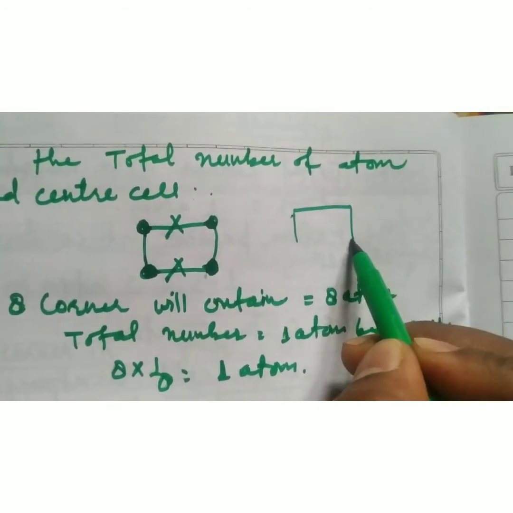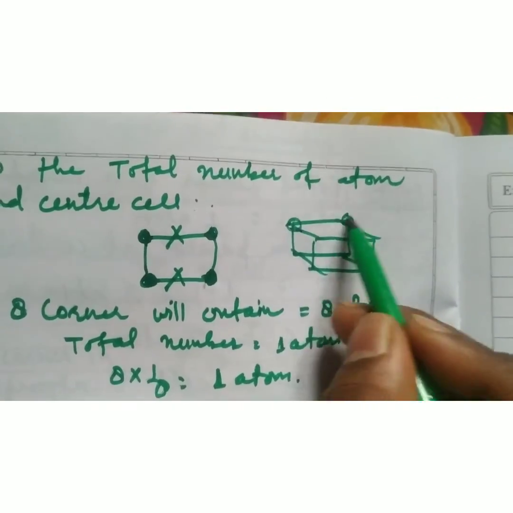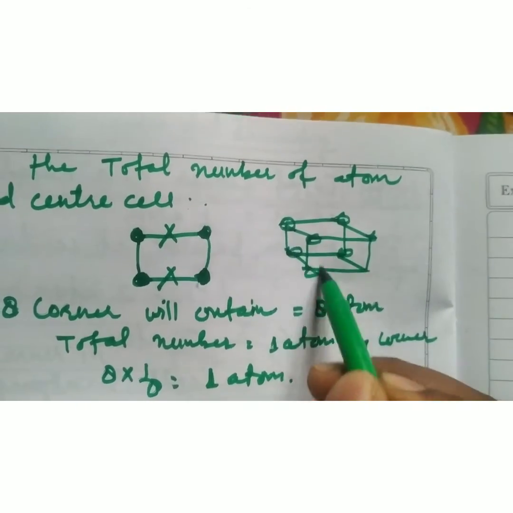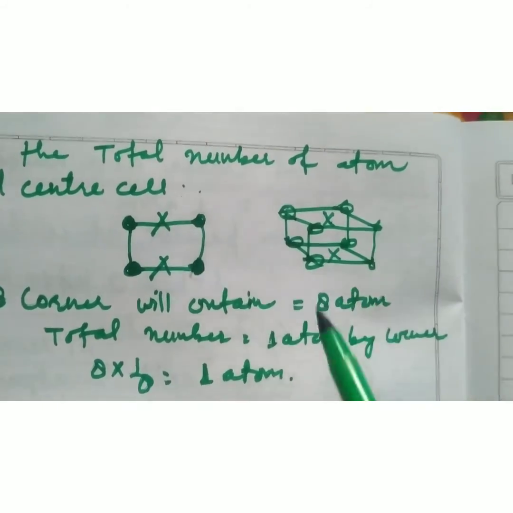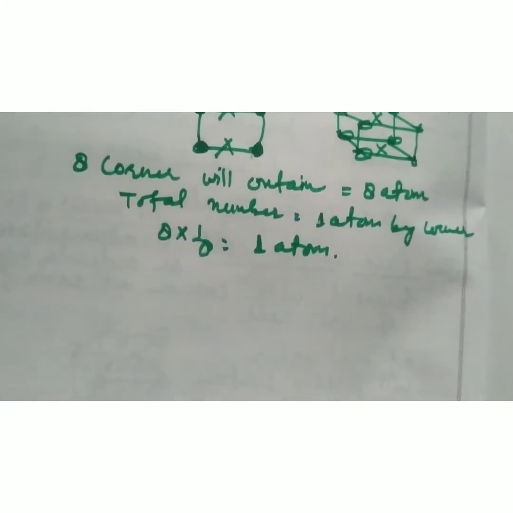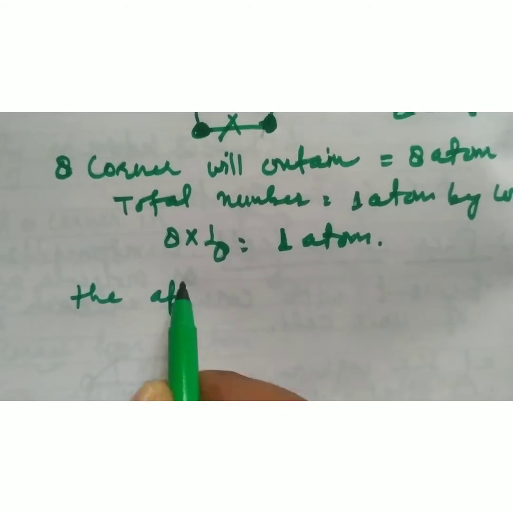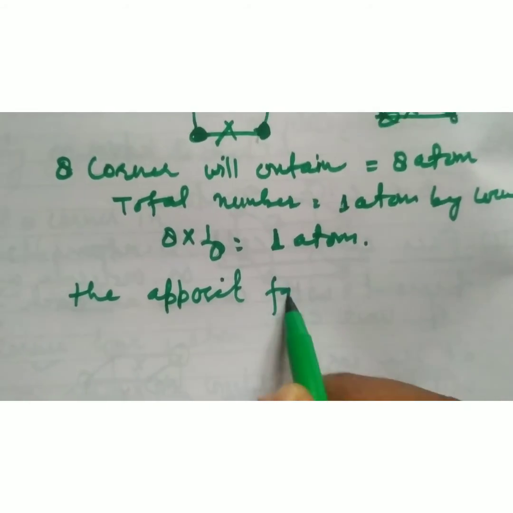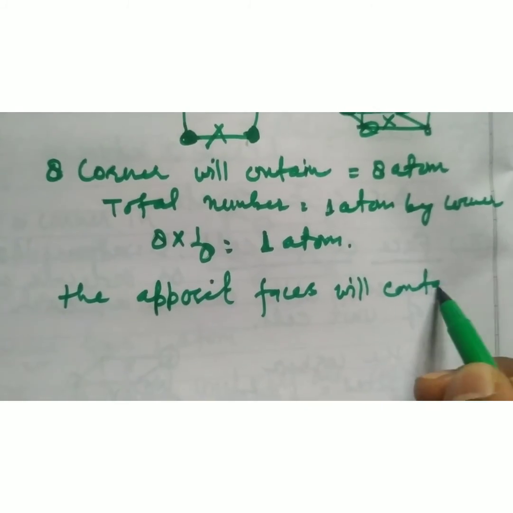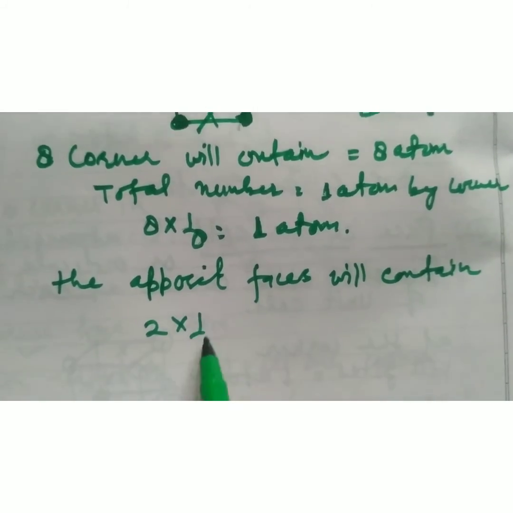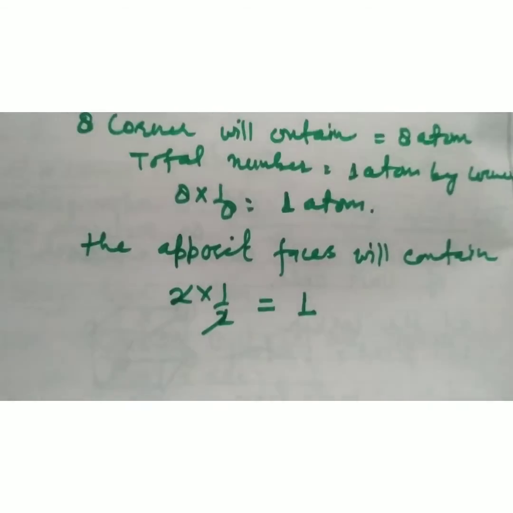The example of a simple unit cell is this one. Suppose this is the simple unit cell and the opposite two faces, one is above and the other is lower. Clear? So the opposite faces will contain 2 multiplied by 1 by half equals 1. Clear? So the total number of atoms